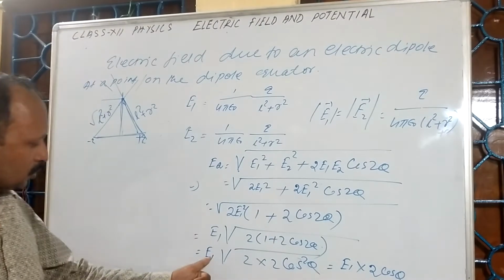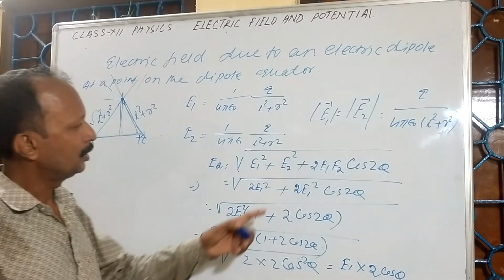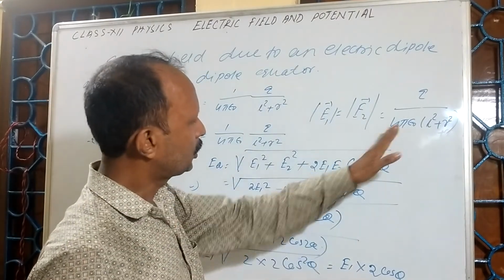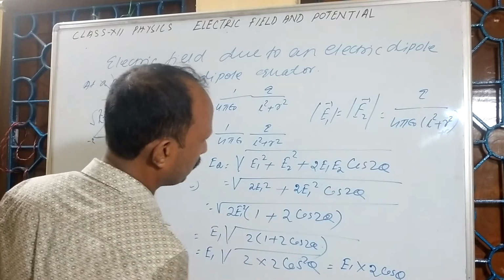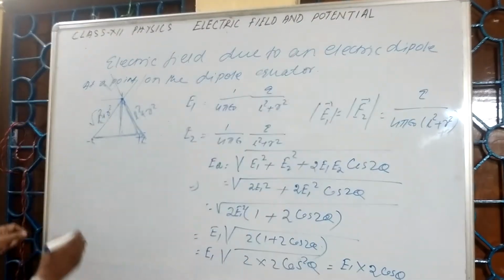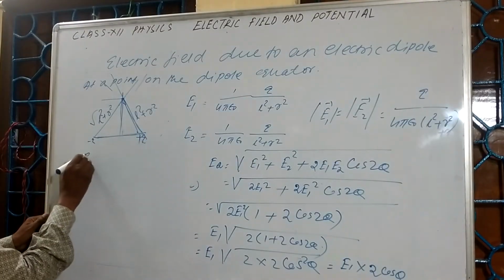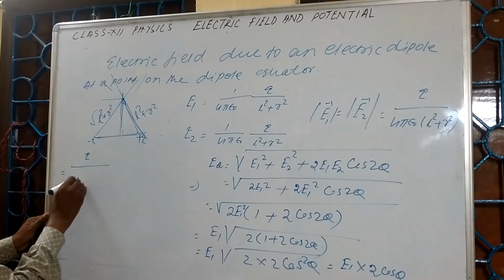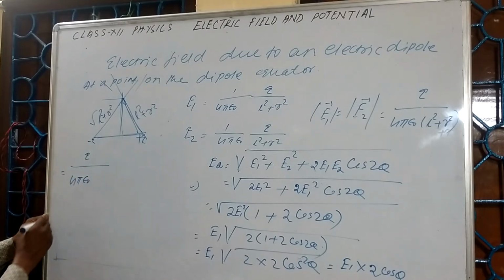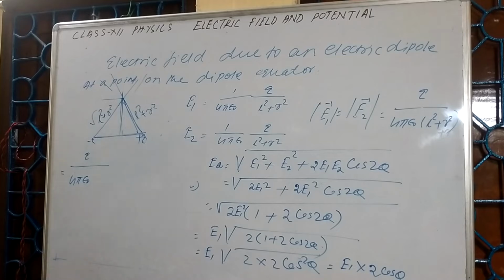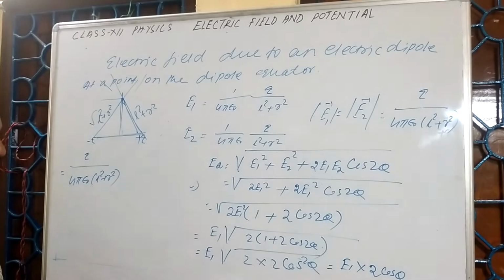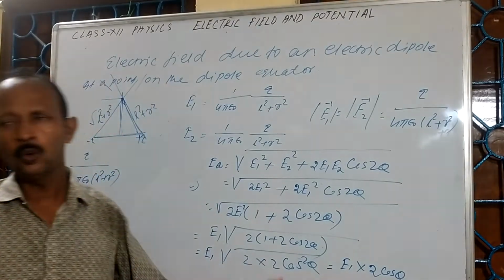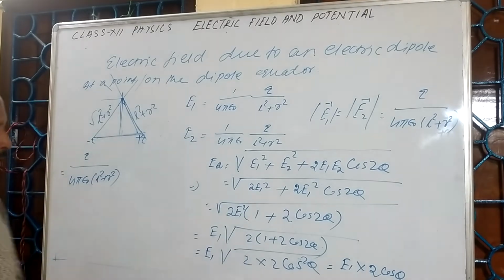So E1 is nothing but q upon 4 pi epsilon naught, I can write this as q upon 4 pi epsilon naught times L square plus R square, into 2 cos theta. You see that